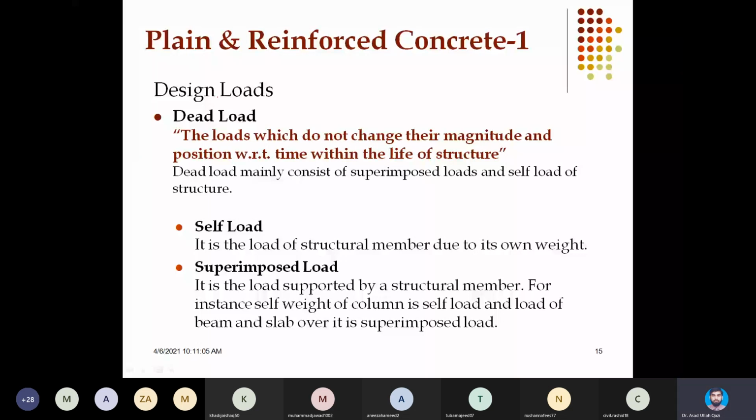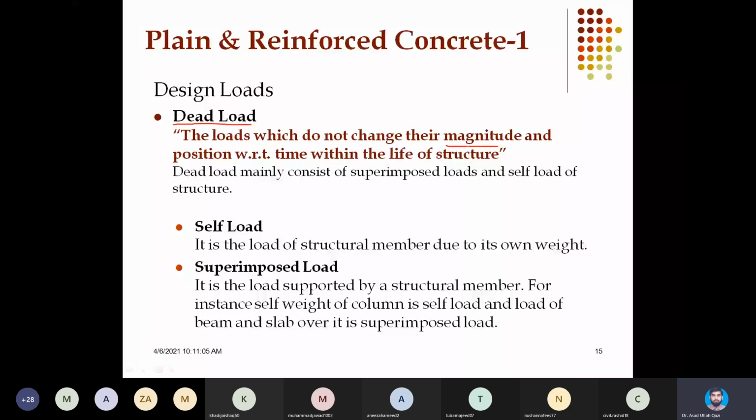Design loads, which we want to use to calculate the load on the structural members. Design loads include the self weight, which are termed as dead load, which do not change their magnitude and position with respect to time during service